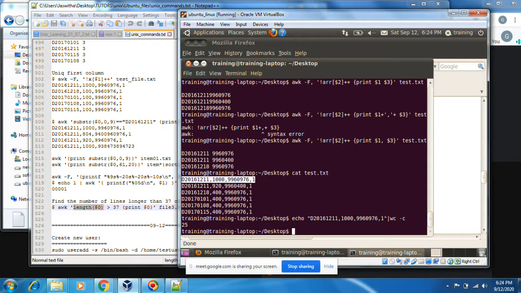Okay, I want to print the length of the lines, each length, using AWK. Let's see. AWK print $0, length of $0.